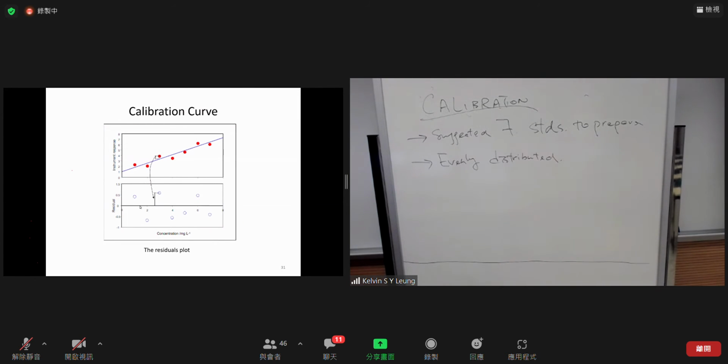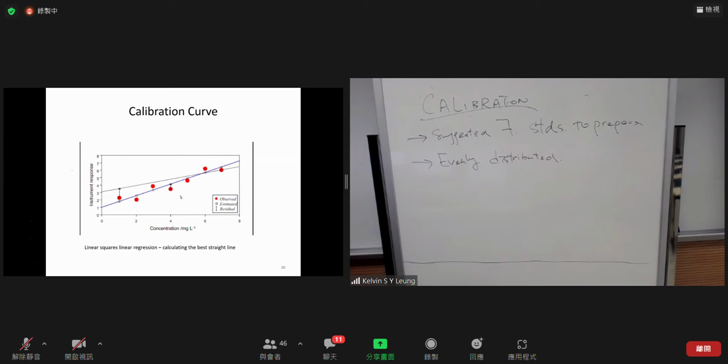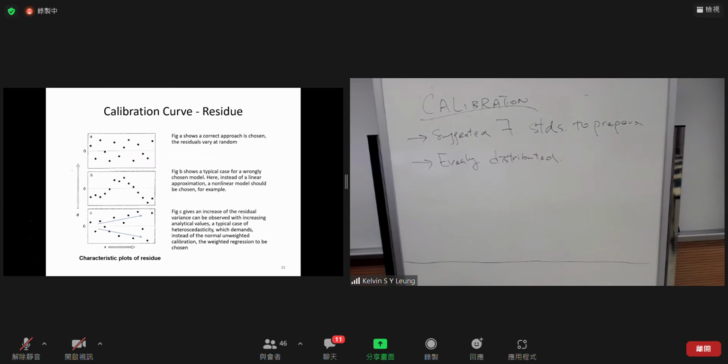So once you get the difference here, then you can plot the residuals with your concentrations, okay? Actually it's the difference between the estimated one and the observed one, okay? So after you plot the residual plots, then you will have